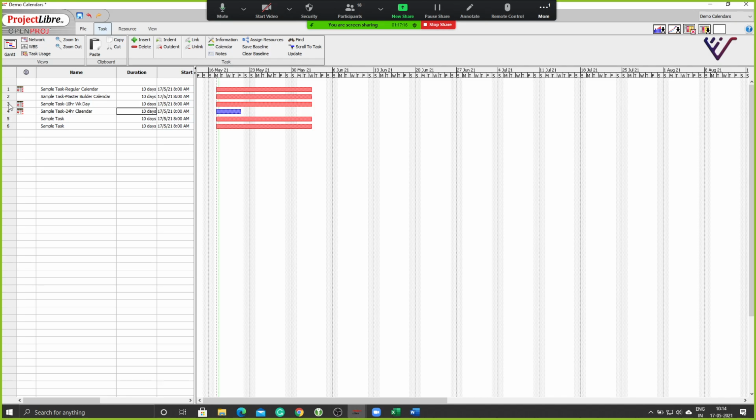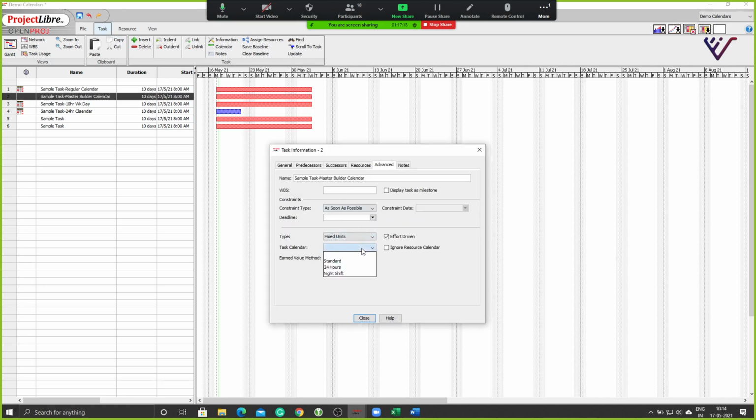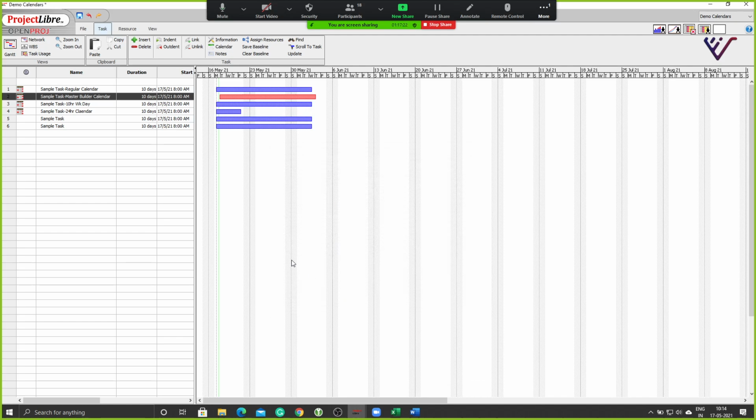Whereas to this activity, I'm applying night shifts also. You see, the floating time is quite high, so it will be in a different color. So the duration will change automatically. Whatever type of calendar you are assigning to the task, it will get adjusted automatically.